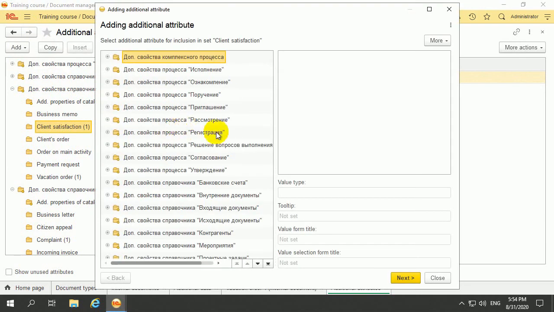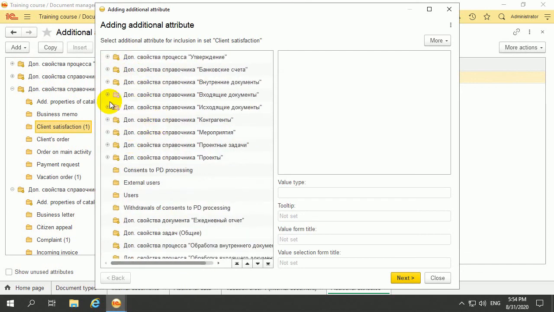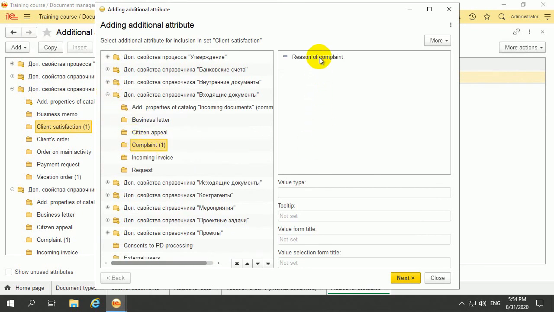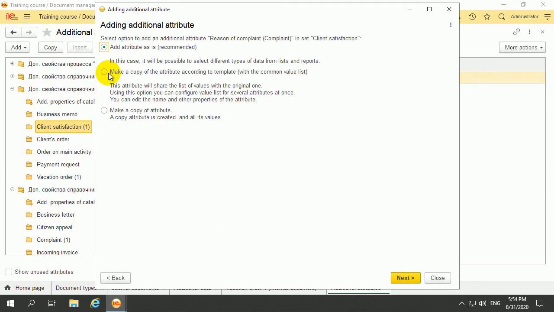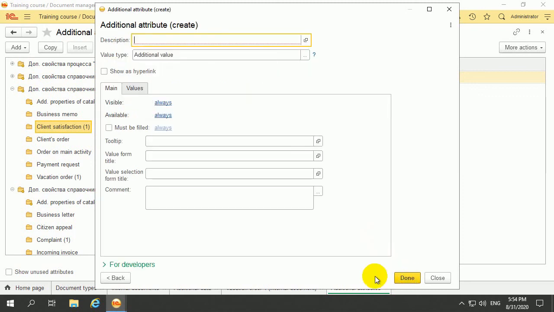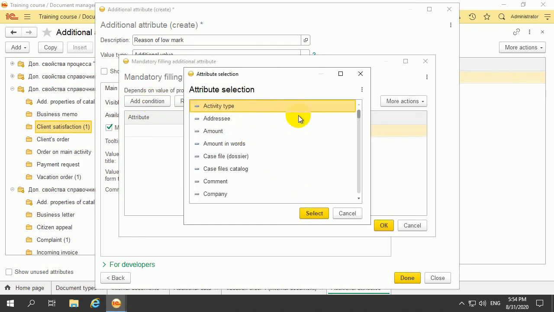Add from another set, choose our complaint, make a copy of the attribute according to the template, next, and in description write reason of low mark, must be filled always at the condition. For example, if mark